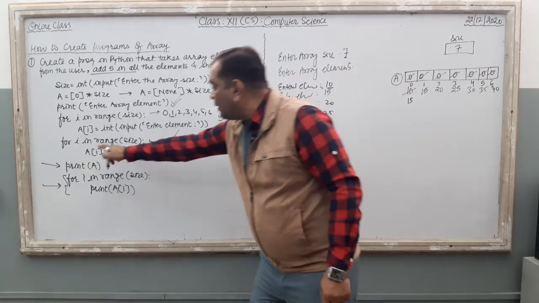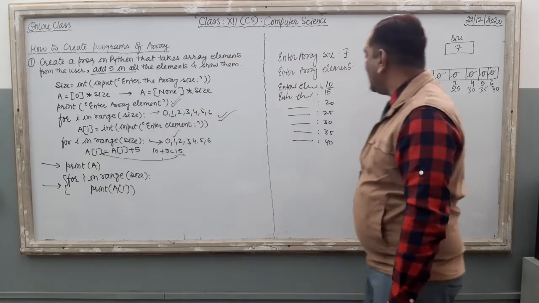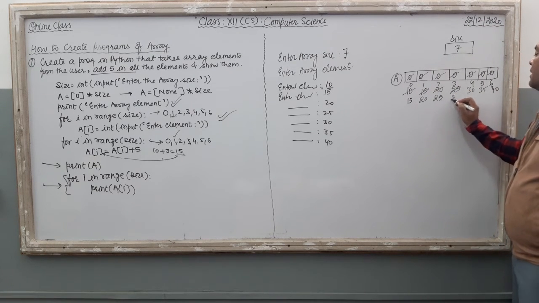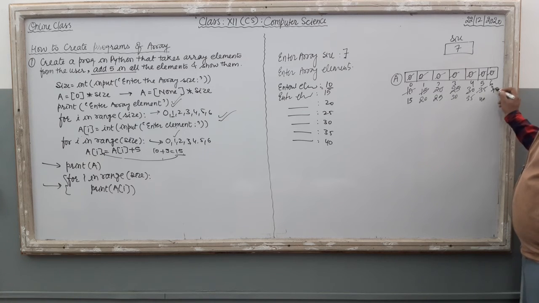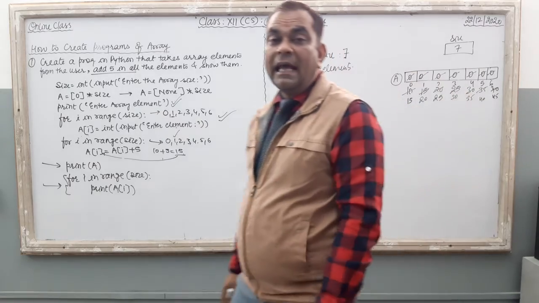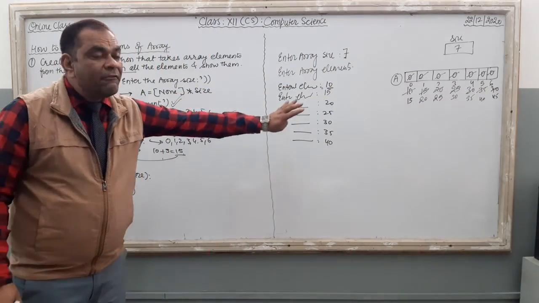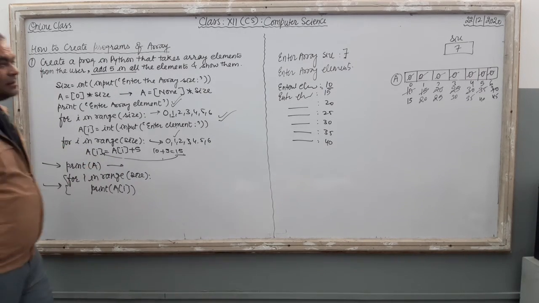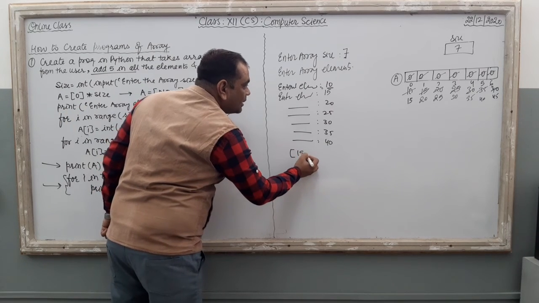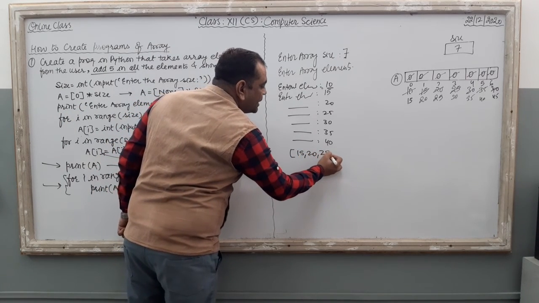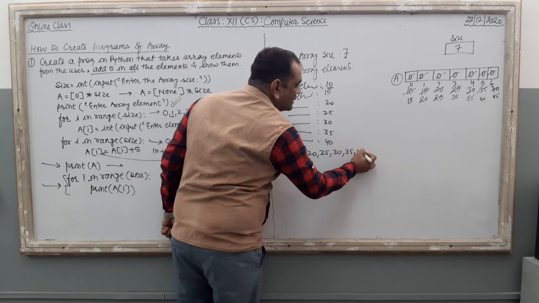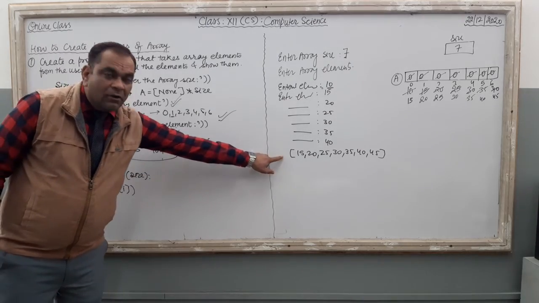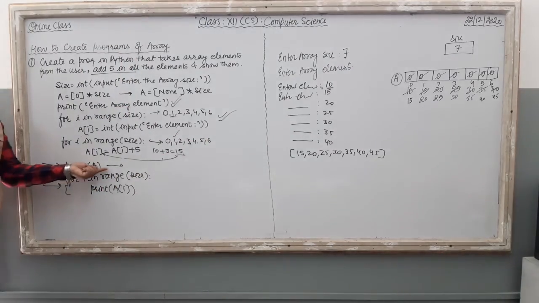Again the loop will execute with the value 1. The value of i is 1. So A[1] equal to A[1] plus 5. Now what will happen? A[1] plus 5, it means 15 to 20, 20 to 25, then 30, then 35, 40, 45. All the elements are increased by 5 when you execute this second for loop. Now print A. Print A means the array elements will be there on your computer's monitor like this one, 40, 45. The complete array will be there on the monitor in a single go if you use print A.